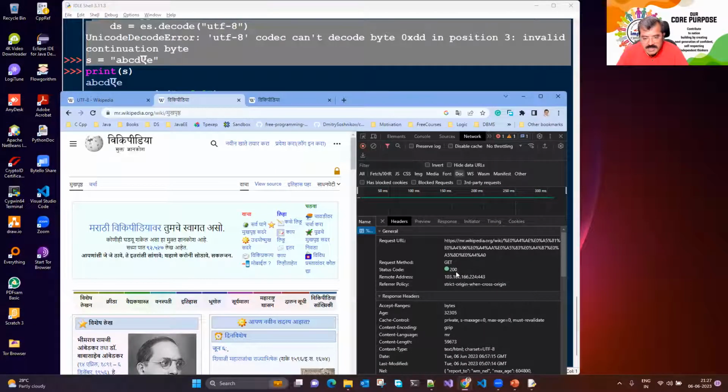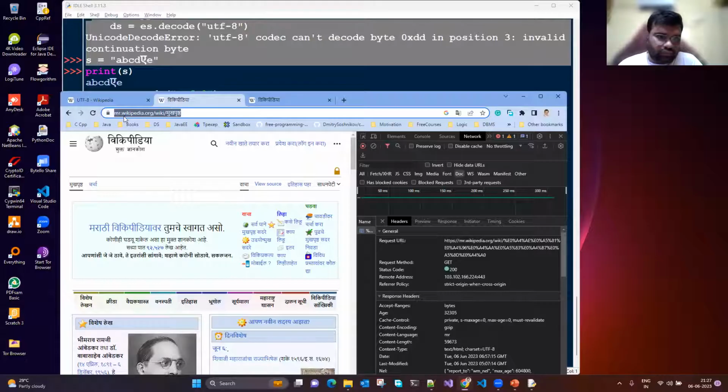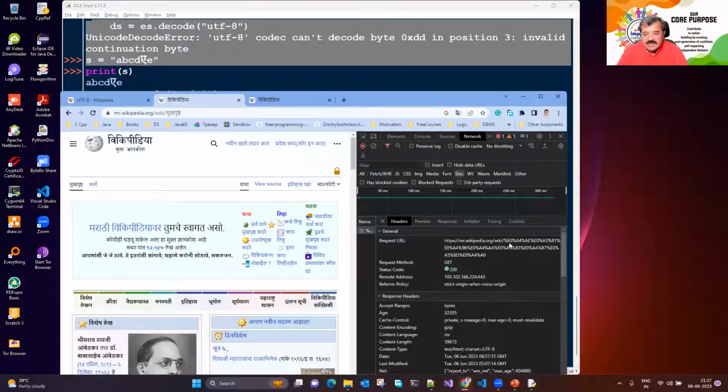ये मेरी रिक्वेस्ट थी यूआरएल की। देखो यहाँ ऊपर क्या दिखाई दे रहा है, can you read that at the top? ब्राउजर की विंडो में क्या लिखा है, ये ऊपर का पढ़ सकते हैं क्या? Yes, sir. mr.wikipedia.org/wiki, और आगे क्या लिखा है, मुख्य पृष्ठ। जरा यहाँ देखो तो विकी के आगे क्या लिखा है, एनकोडेड फॉर्मेट में मुख्य पृष्ठ दिखाई दे रहा है।